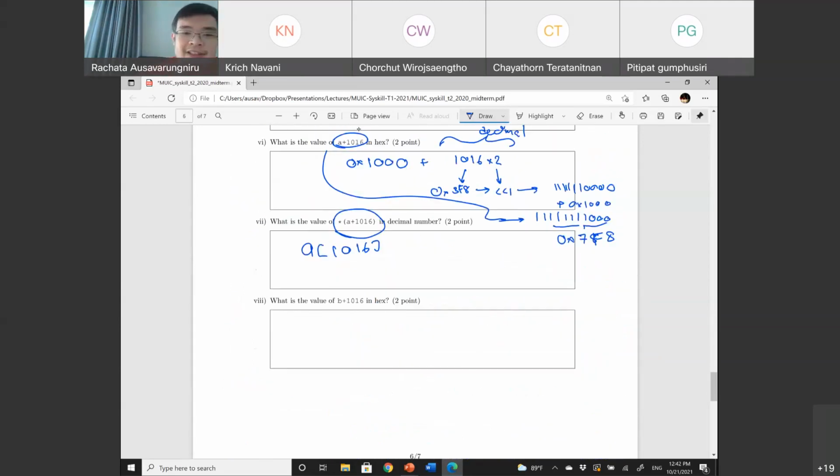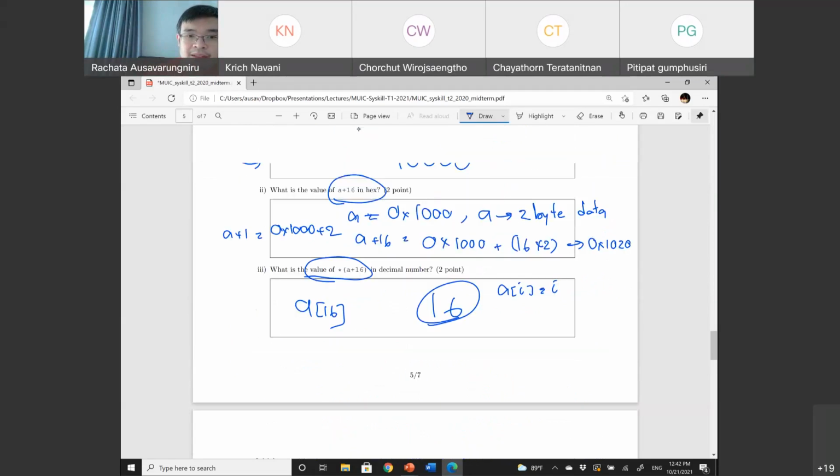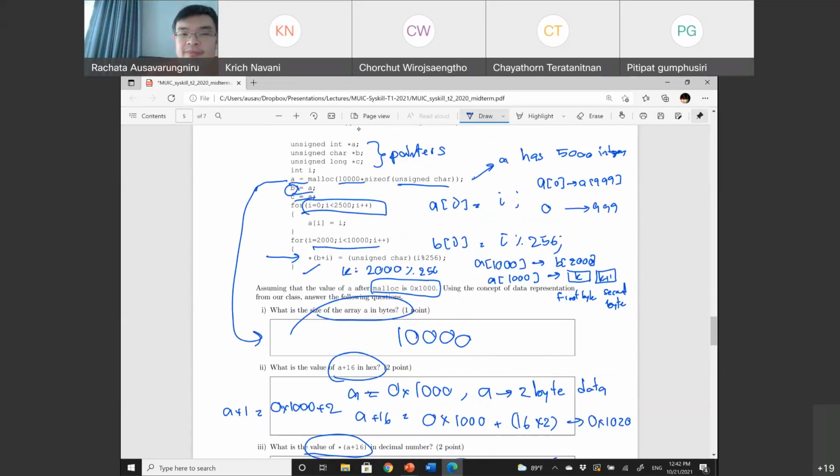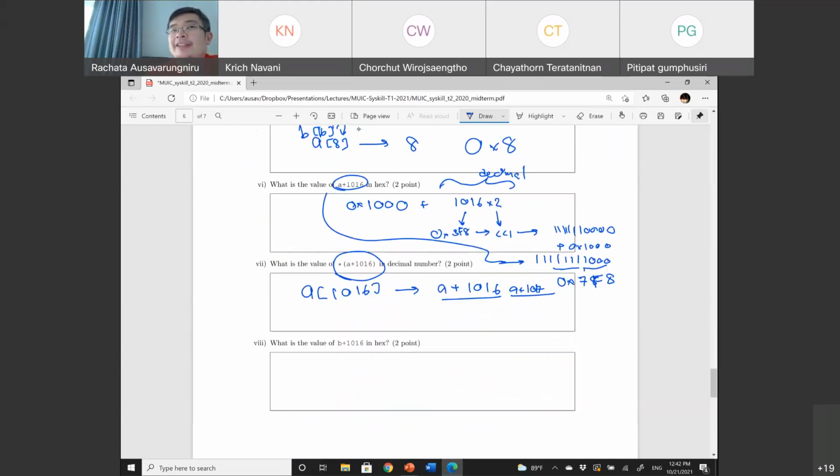A of 10,016 would consist of 2 bytes of information at the address A plus 10,016 for the first byte and A of 10,017 for the second byte, right? So what you can do here is to go to the loop over here and see what's the value there at 10,016 and 10,017.